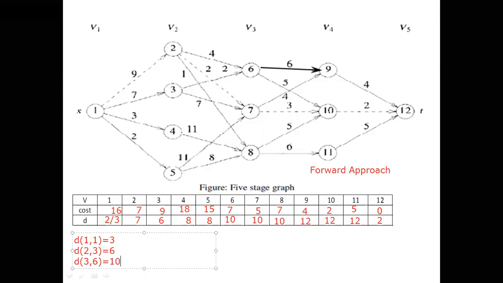It is none other than 10. Hope it's clear. Yes, we reached 10, the last value. D of stage 4 comma 10. What is the value? 4 comma 10, the value is 12. Now we reach 12. That's the meaning. First we start at 1. From 1 we have to go to 3, then 6, 10, 12. Please calculate that value. I will calculate here.